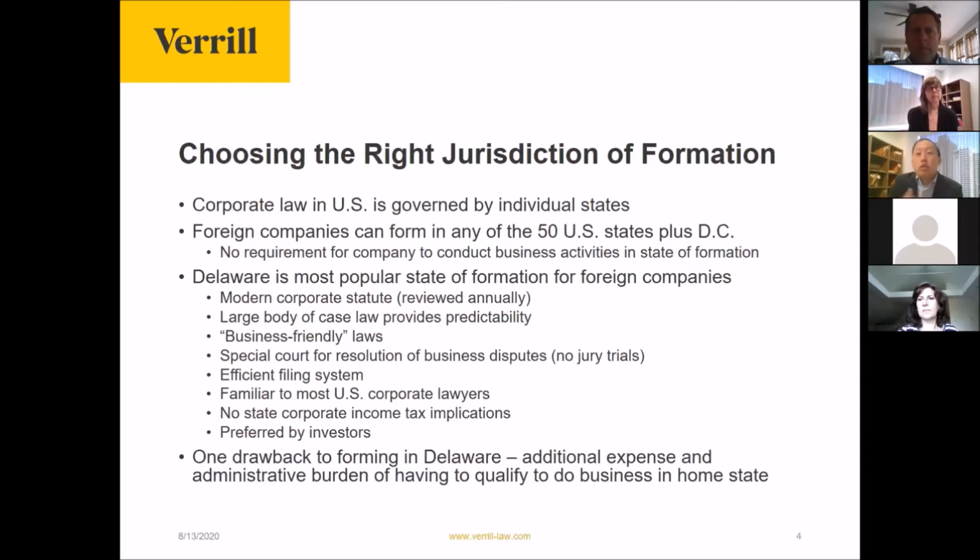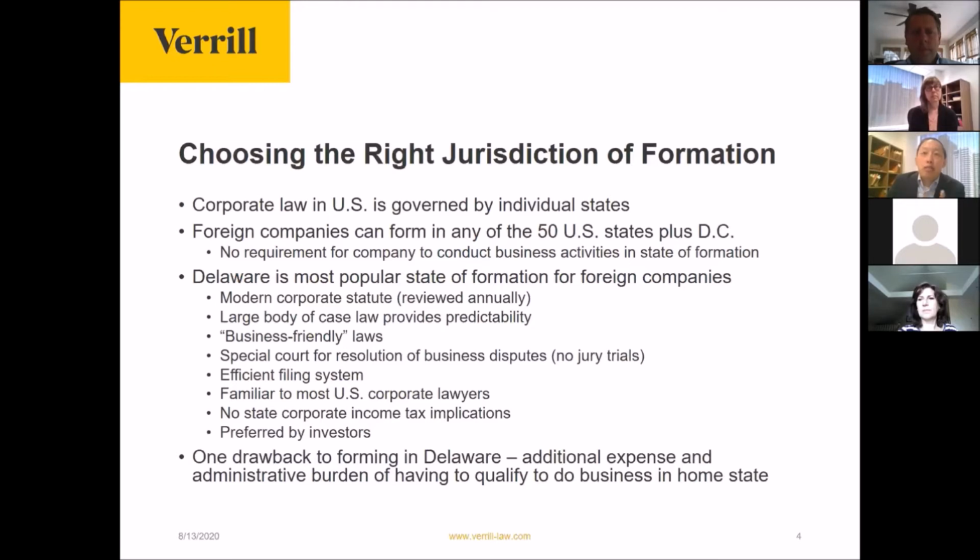In Delaware, also, you can effect a statutory merger or sell substantially all the assets through a consent of the simple majority. In many other jurisdictions, that would require a supermajority. Delaware also has what's known as the Court of Chancery. It's a special court for the resolution of business disputes. So corporate cases can get heard relatively quickly, and they'll be addressed by expert judges who are really experts in corporate law versus a potential jury trial.